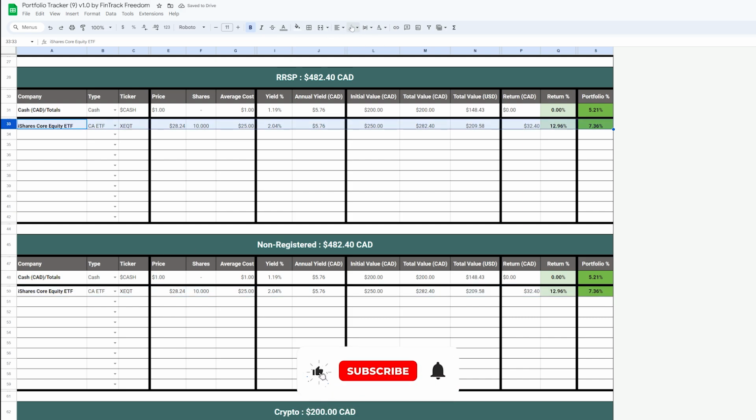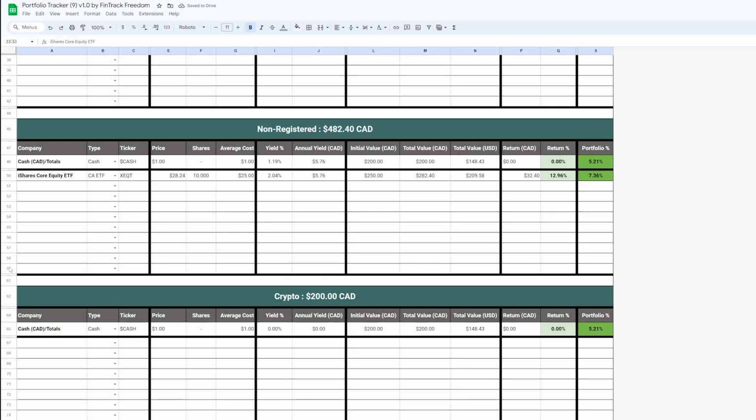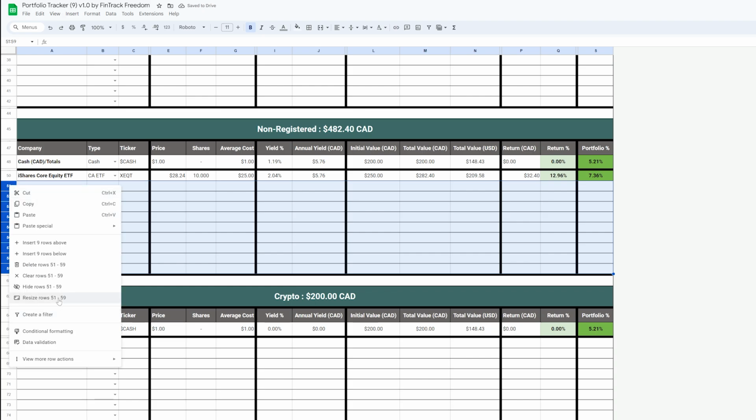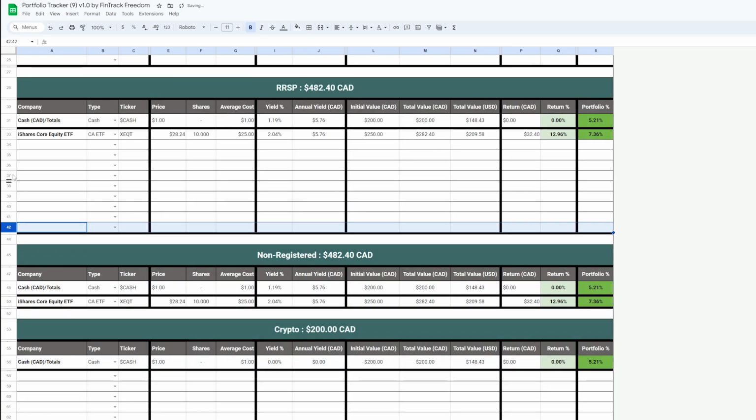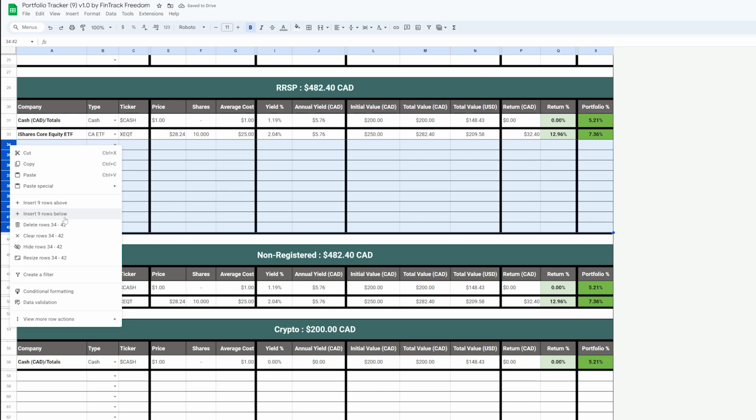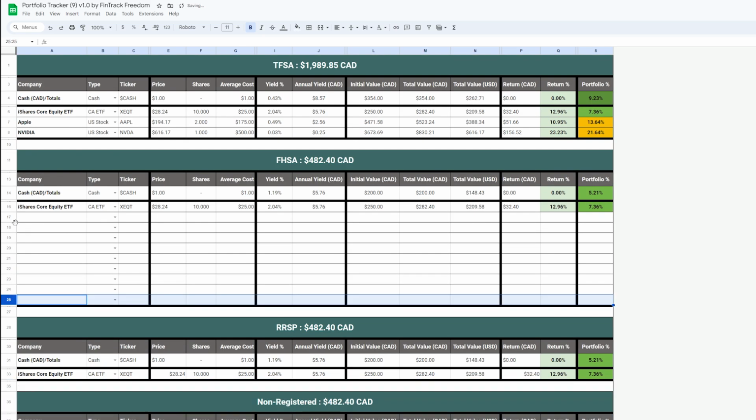I don't know why it does that. It just breaks sometimes like that. But for example's sake, I'm going to make sure all my stock accounts here are only holding XEQT. So I'm going to just go ahead and delete all of the empty rows that I am not using. Delete rows,